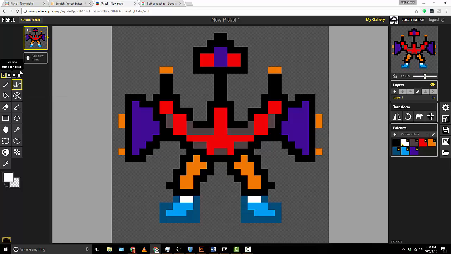Now, what we're going to do is up here, you might have noticed that we have this box that says 1 and the button underneath it says Add New Frame. So instead of clicking Add New Frame, I'm going to go ahead and click Duplicate this frame. So now I have two that are exactly the same. But what I'm going to do is choose my second one, and I'm going to make small changes so that when we add them as costumes and we switch them back and forth,